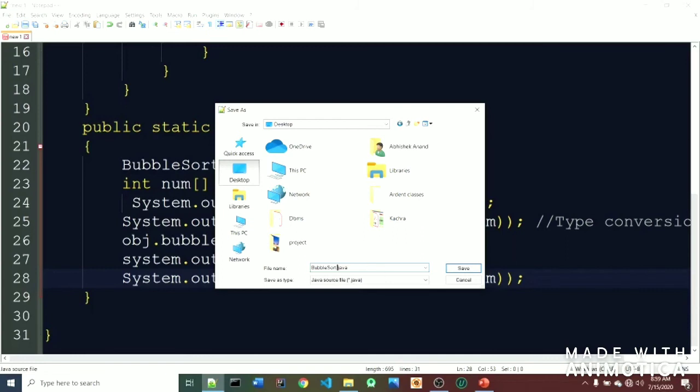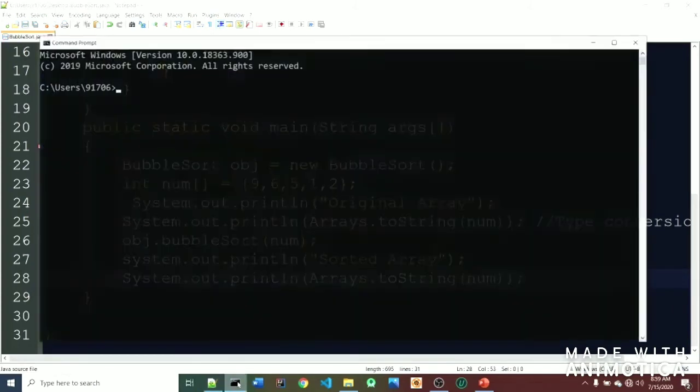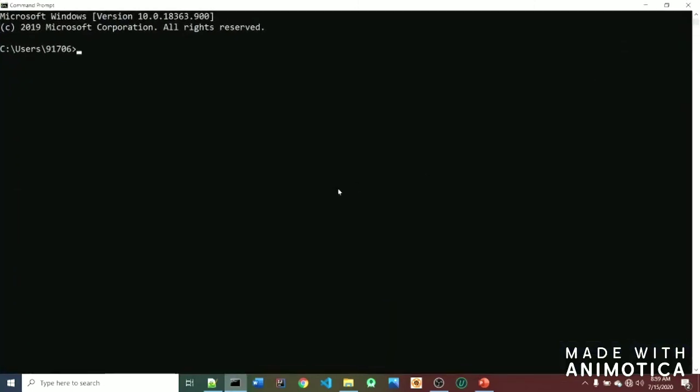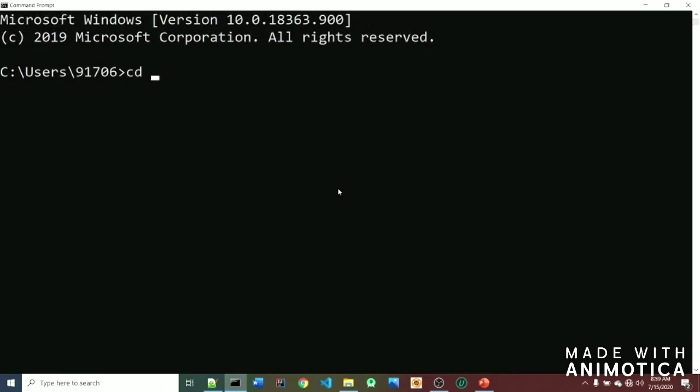BubbleSort.java. Let's run this code in the command line. cd desktop, javac BubbleSort.java.